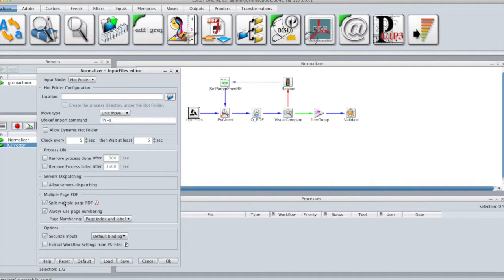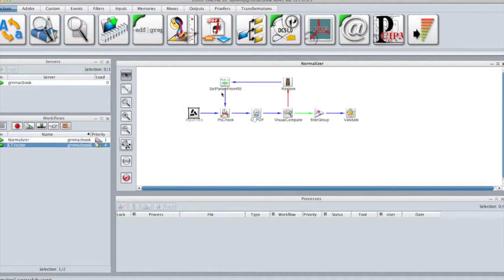It will dispatch all the pages of the PDF on your cluster and thus allows multiple servers to work simultaneously on your documents. To turn the file back to a multiple page PDF, we will use the filter group here to recombine it just before the end.